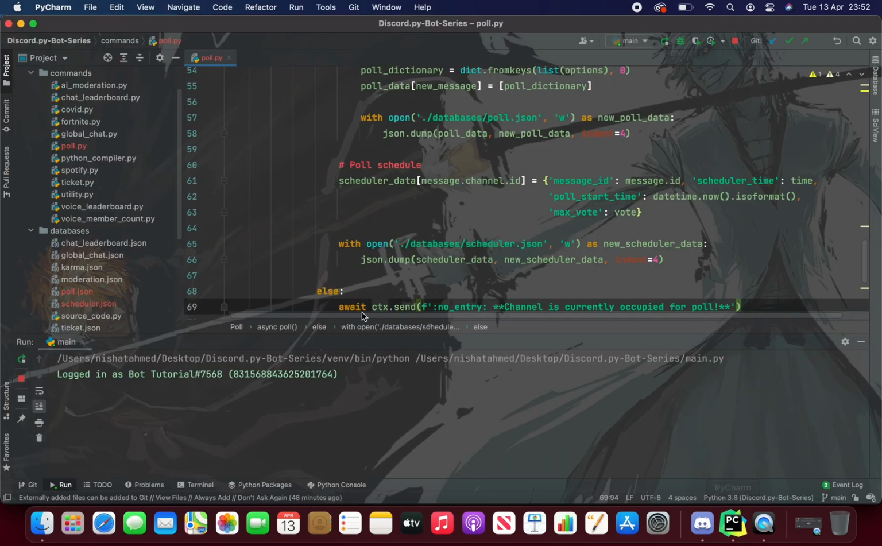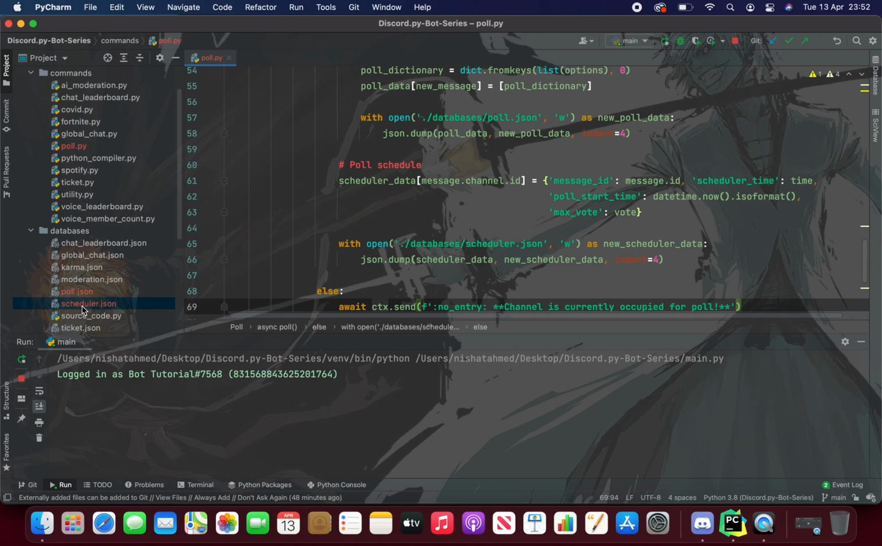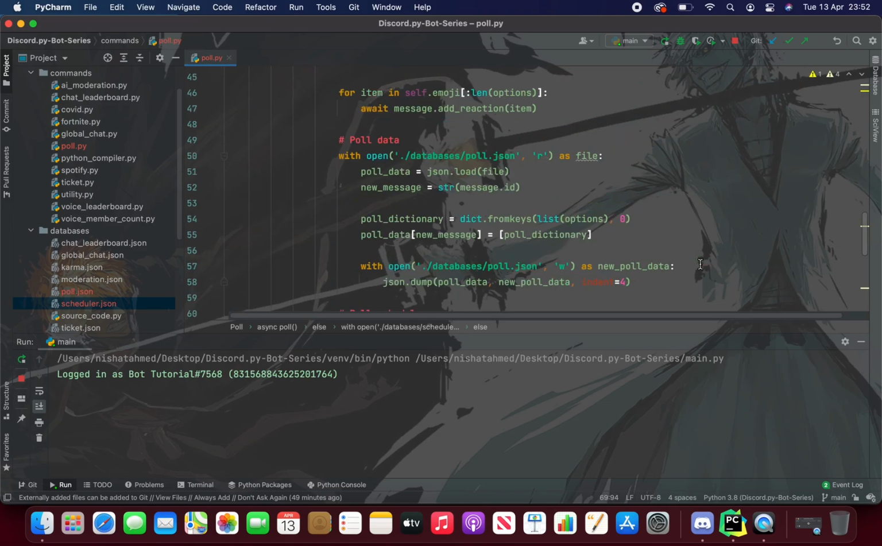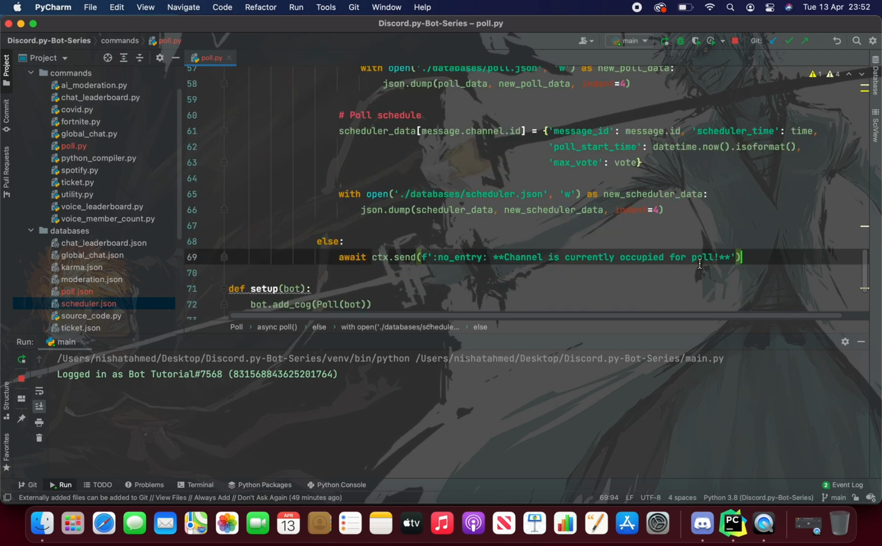And let's go back to PyCharm real quick. Going to check out the poll.json. So we have got the message ID and we know there are 2 options that people can vote on, currently set to 0. And if we go to the scheduler, we got the channel ID, the message ID itself, the time which has been set by the user, and you can see it has taken the current time right here, the format, and the maximum vote allowed is 2. Right, perfect. So our command is working,